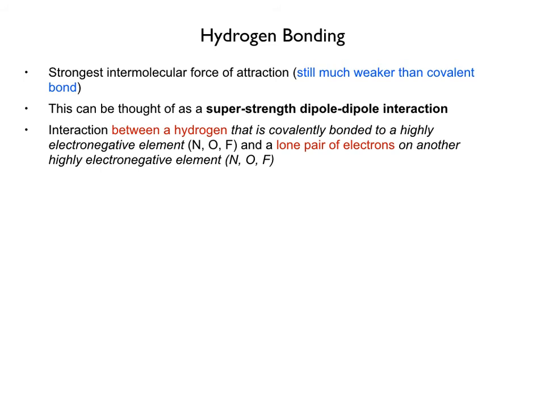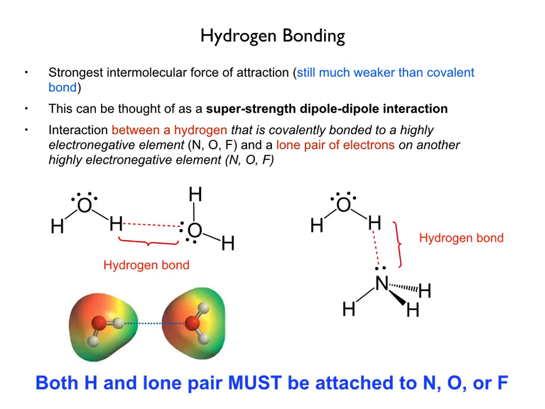These hydrogen bonds are an interaction between a hydrogen that has to be covalently bonded to an electronegative element such as nitrogen, oxygen, or fluorine, and a lone pair of electrons on a different highly electronegative element, nitrogen, oxygen, or fluorine. So we can look at some pictures and some examples, and shown here we have two different hydrogen bonding interactions. On the left is the hydrogen bonding interactions